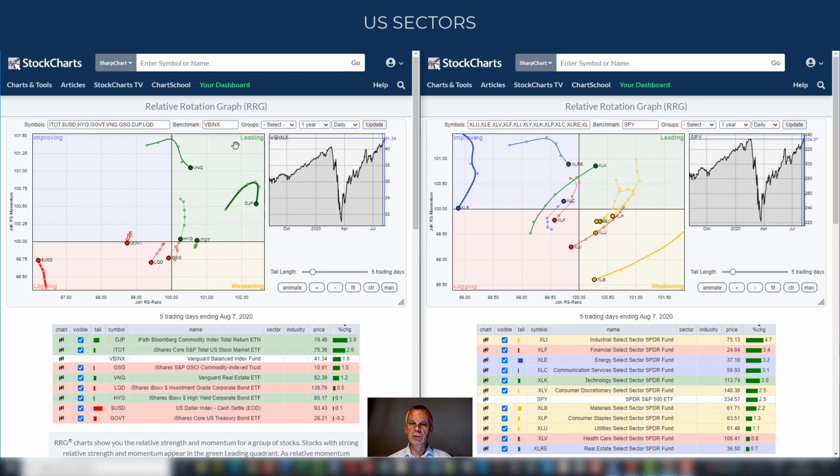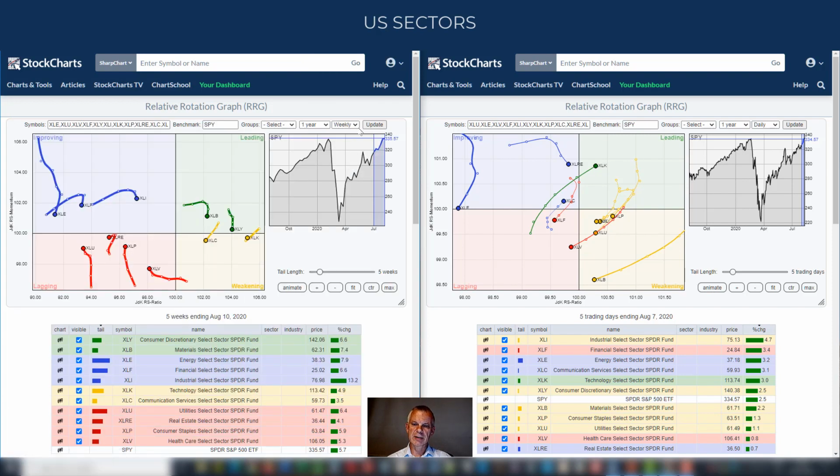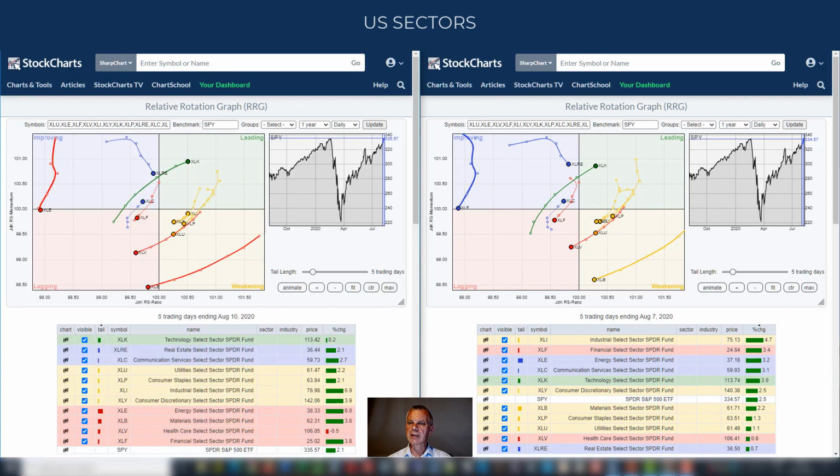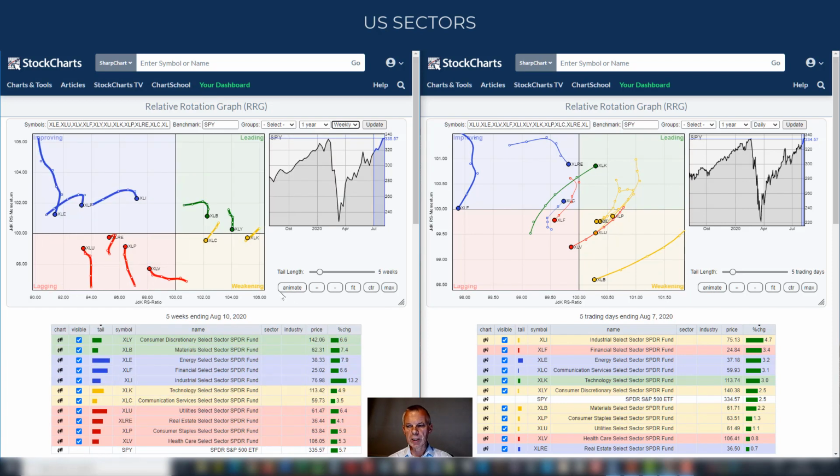So in order to do that, I'm going to bring here the S&P 500. I'm going to duplicate this screen here and make it a daily, so we can zoom in, and here I'm going to work on a regular chart. Now, if we go back to that weekly RRG, so it's a little bit longer term than that, and I wrote